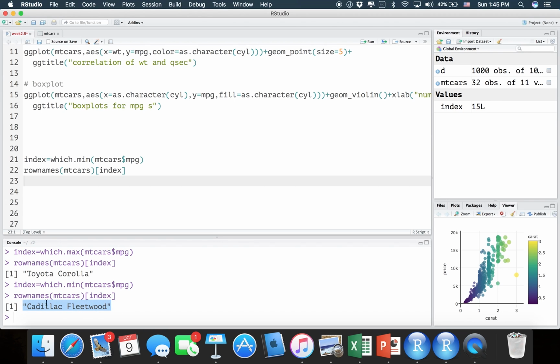You could probably guess. Now, let's see the use of which. Which is also used for more general purposes. It's not just for minimum and maximum. Which.min is a simple function used only for minimum and maximum. But in more general cases, for example, if you want to look up